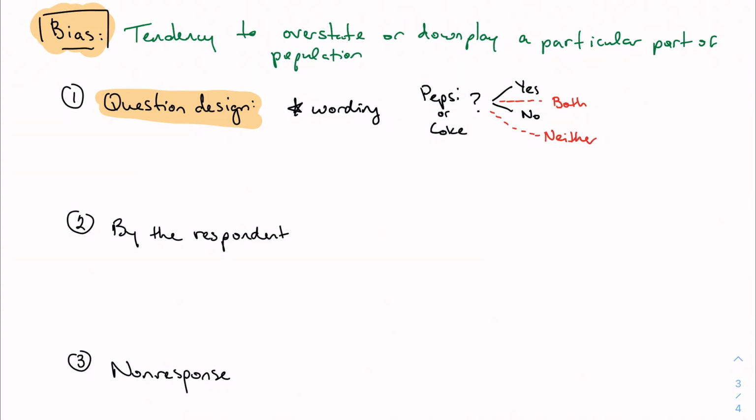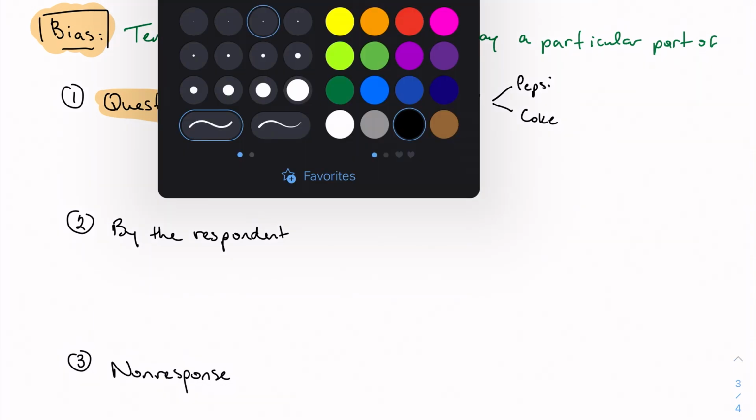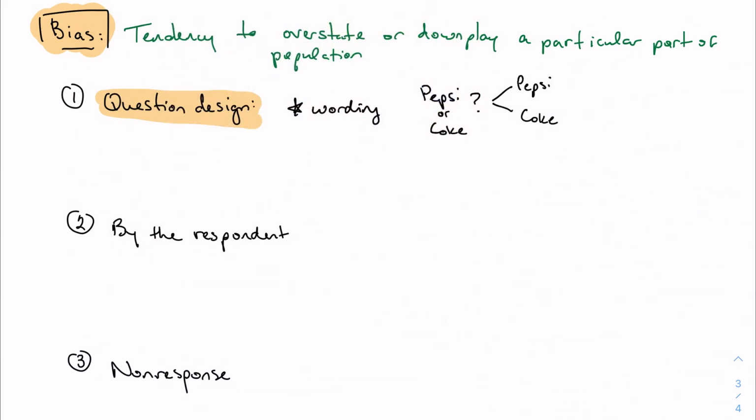And I say, your only options are to pick, I like Pepsi or I like Coke. Well, personally speaking, I don't like either. So if I were asked, do you like Pepsi or do you like Coke, and I was forced to pick one, I wouldn't know how to answer the question, and I'd probably just randomly pick one because I don't like either equally as much. Maybe some people are like, I just like them both, and they want that option of both. But not having that both or neither option when it's logical to have it can bias the question. So that would be one example.